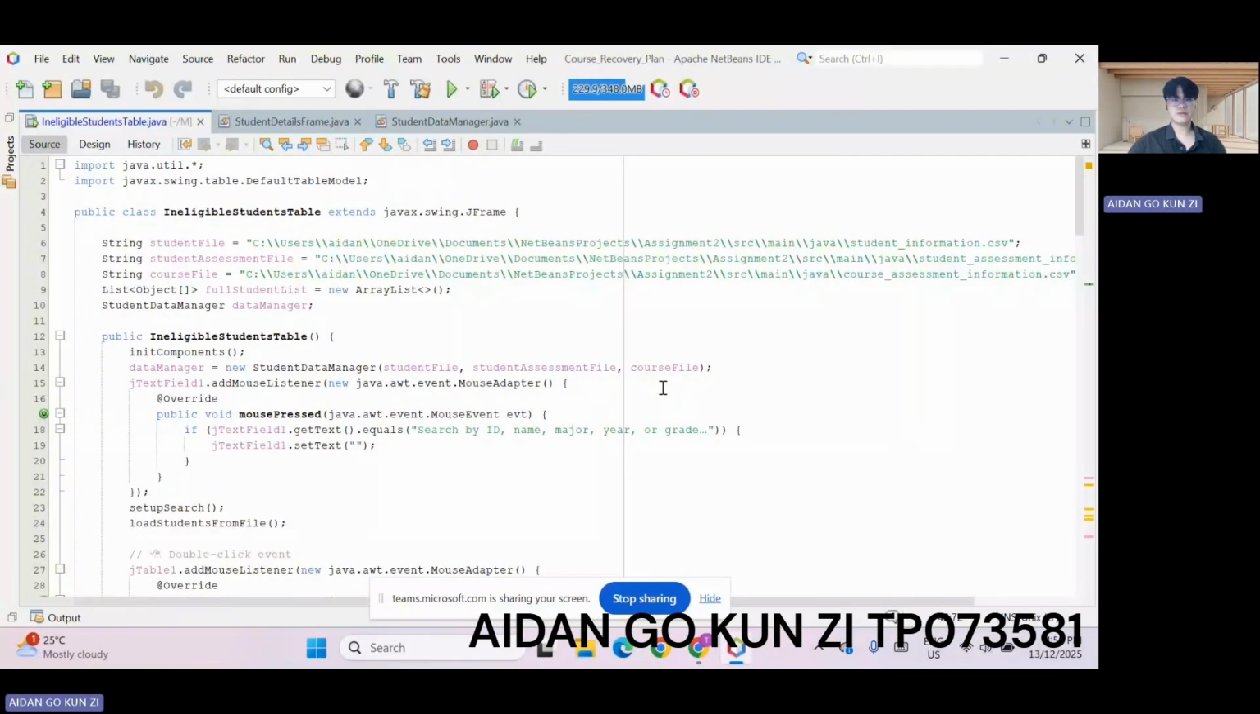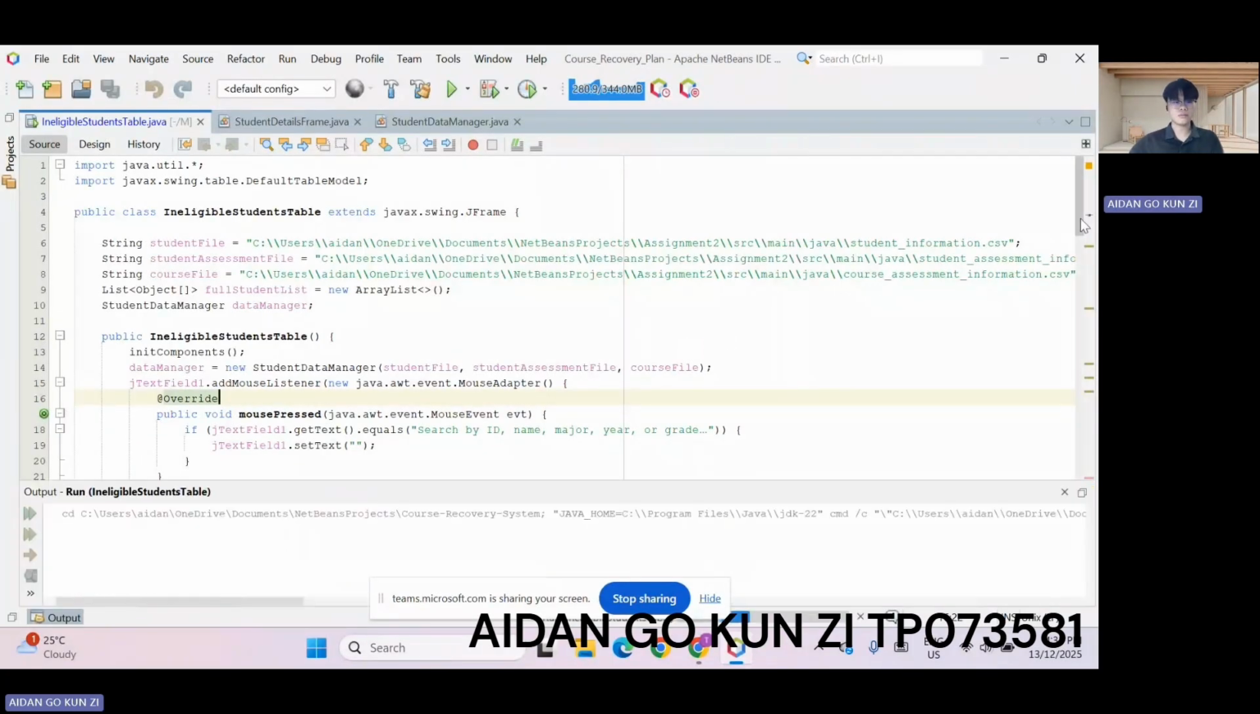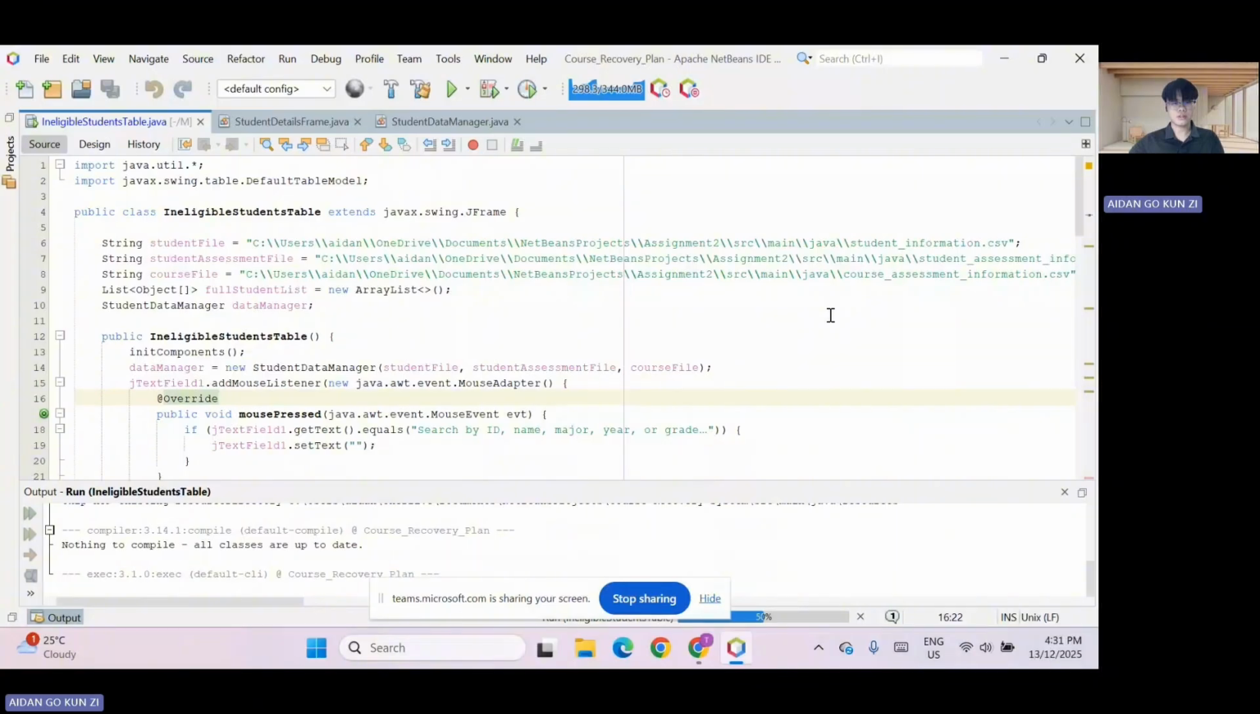Hello, my name is Aiden Gokunzi, and today I'll be demonstrating the eligibility check and enrollment part of our course recovery plan system for Java. I will be running it. I'll first show you the output for the